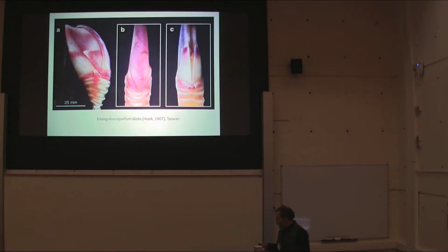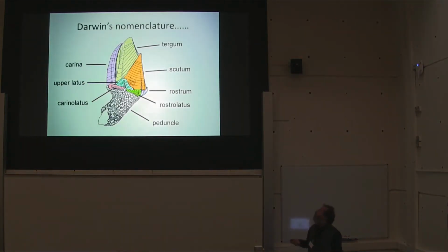Well, this is a typical nice little scalpelid. The valves are made of calcite. They have 14 valves. This is the peduncle here, which will attach to a substrate of some sort, hard substrate, and this end up here opens up to allow the feeding arms out. Darwin named the bits, and we stayed with Darwin's nomenclature ever since the first publication, 1851, in which he described